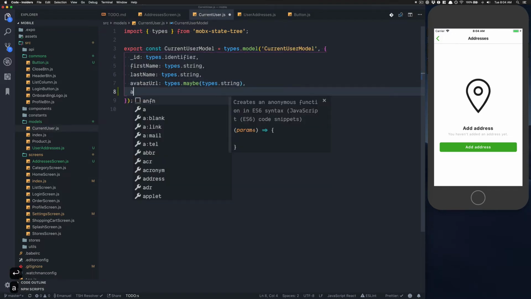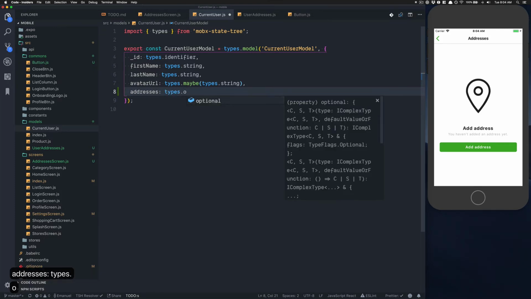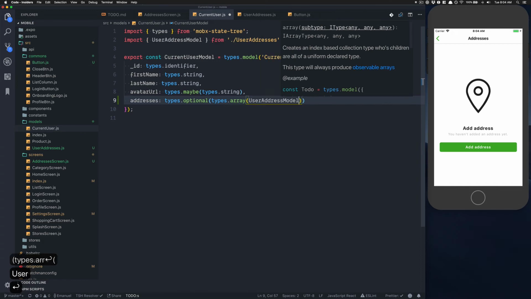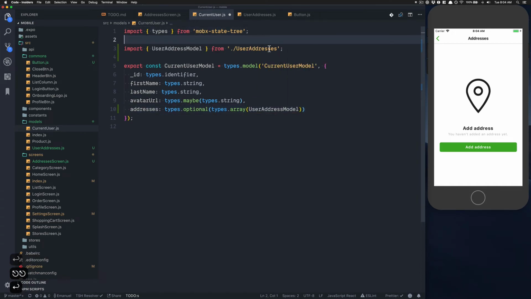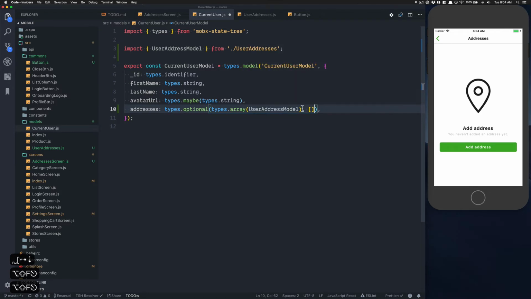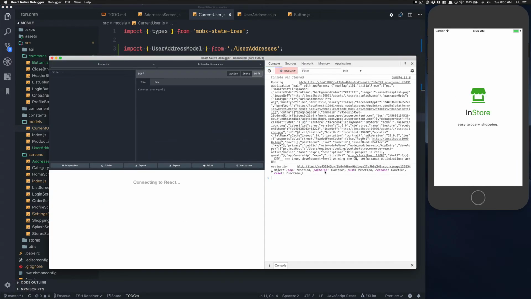And now here we're gonna say addresses is gonna be a type optional. This way, when you say type optional, the beauty of this is now you can say, for example, I want to have a type array that is going to be equal to the user address model we just created, but by default it's going to be an empty array because I want my user to have no address at all when it starts. So now if I refresh my screen here and I go back to my React Native debugger,